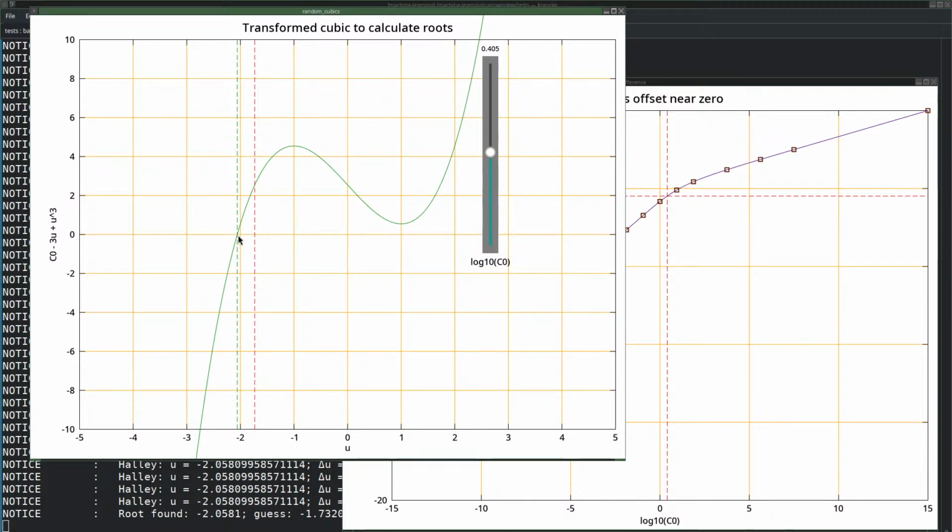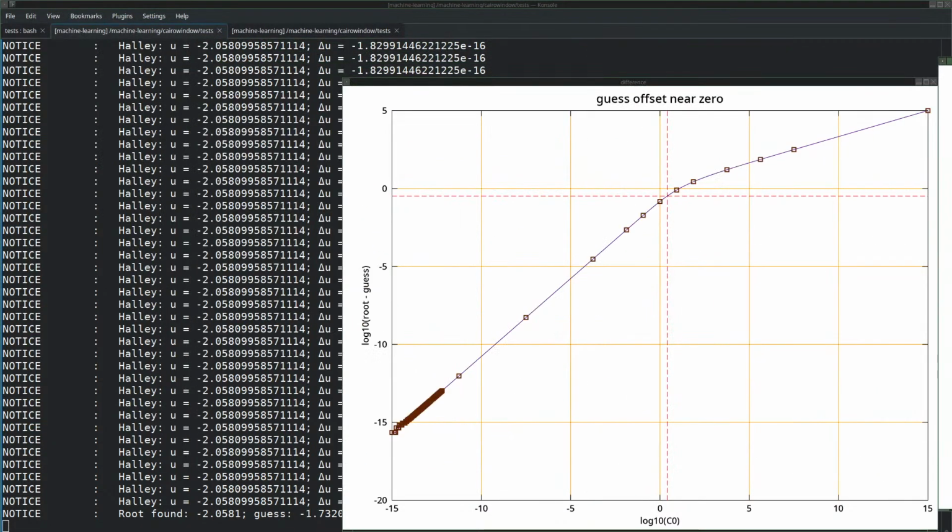The green line goes through the found root, and the red line is the current starting point of the Halley method. So we start here, and then we do something, and then we find a better approach, and a better, and a better approach until we have 20 digits or 17 digits, whatever. Then there is therefore in this case an offset between the initial guess and the actual root. And we see that in this graph at the same time